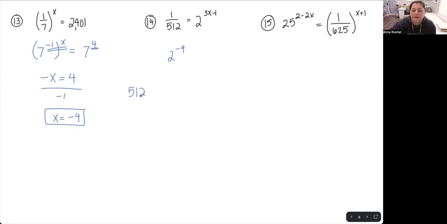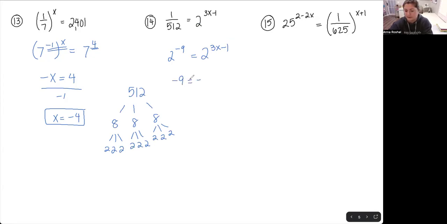Let's factor this out. So I know that it's going to be 8, 8, 8. And then yes, so I'm going to have 3 2s for each 8. And so I'm going to have a total of 9 2s. And then because it's in the denominator, I'm going to put negative. And then that's going to equal 3x minus 1. So negative 9 equals, whoops,